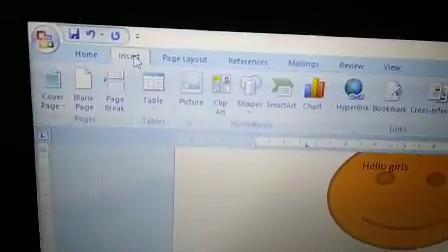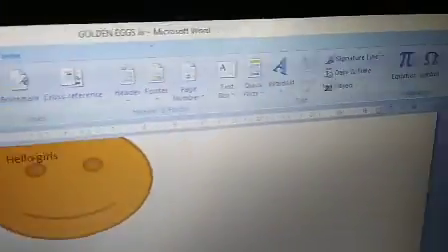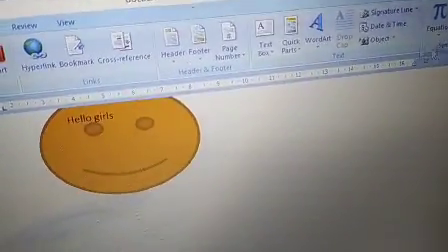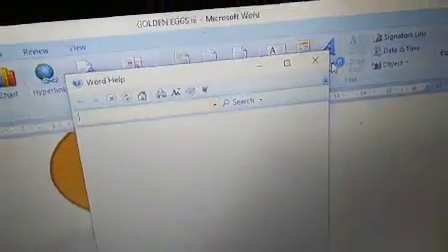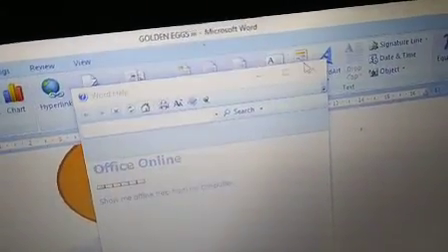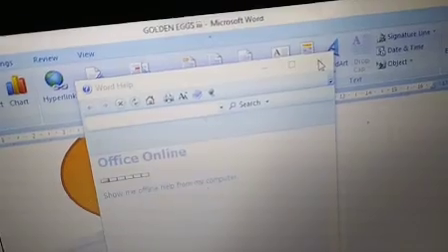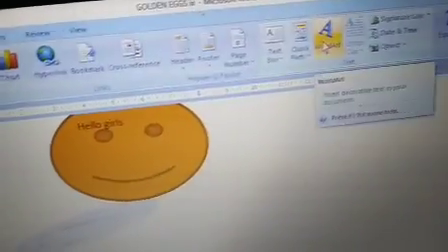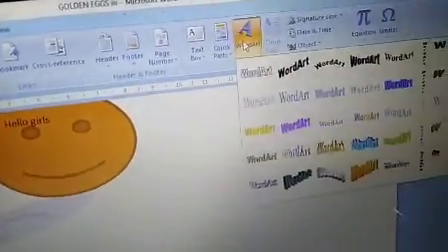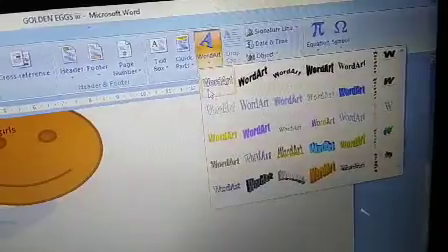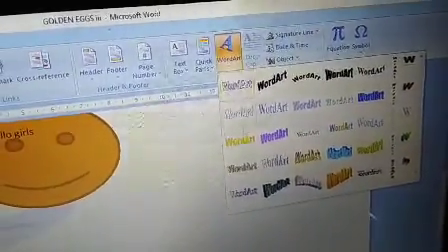This is the insert tab, and here is word art. Word art option. The word art styles are here. Whichever word art style you want can be added.